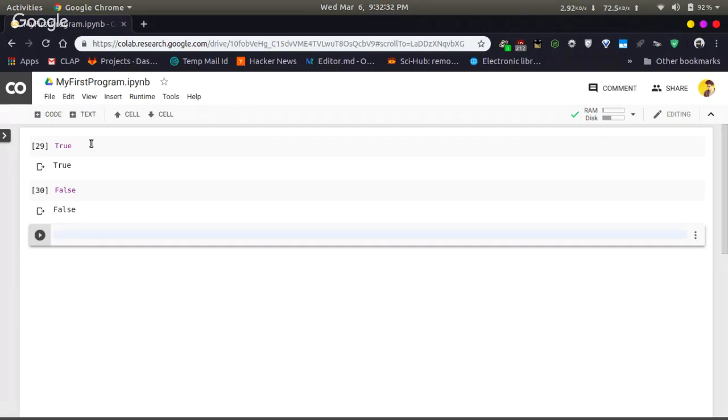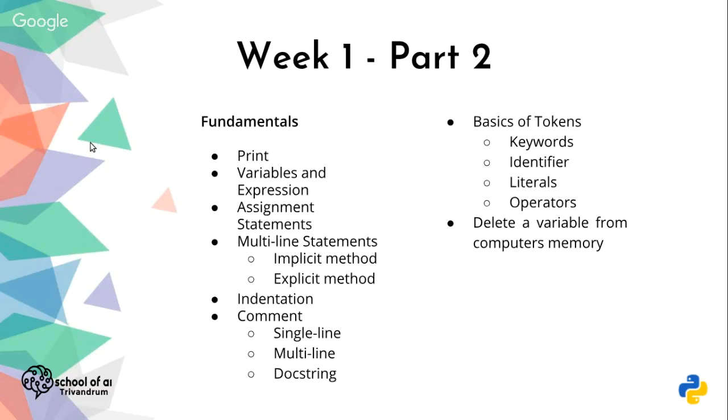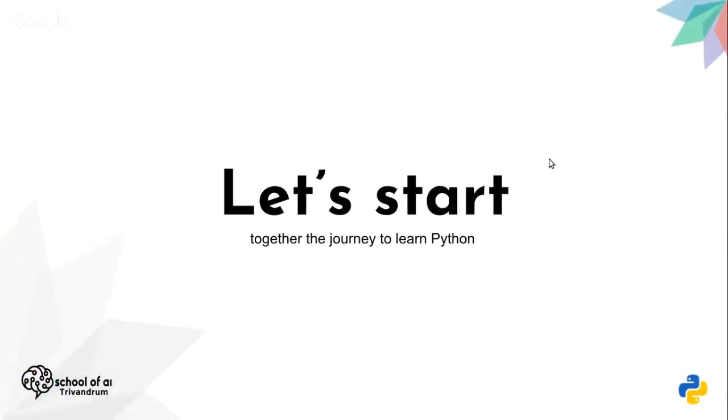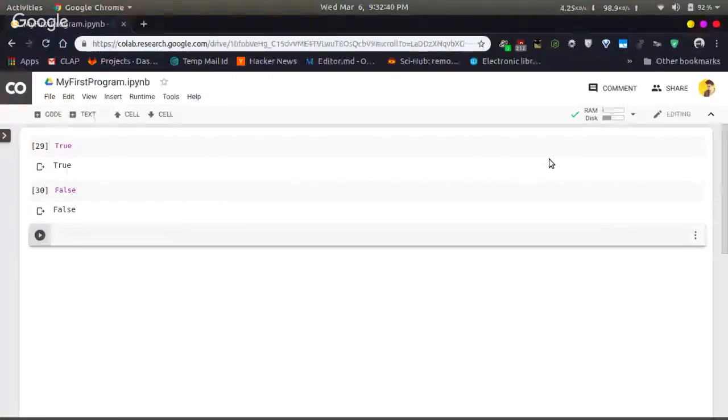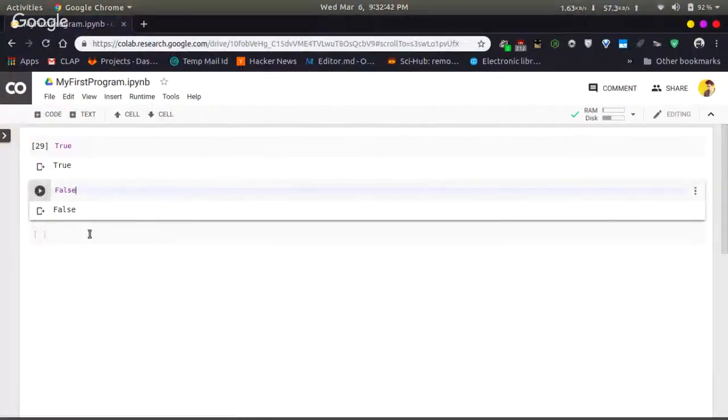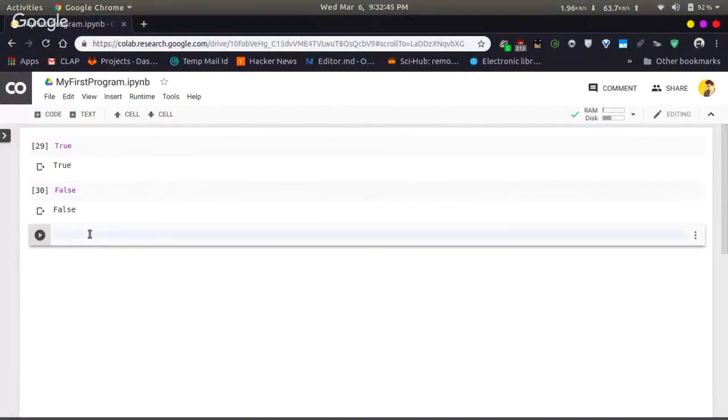So what is the next token? It is identifier. By an identifier, what it means is that it is just something that you can name in order to identify anything. It can be classes, functions, variables, whatever. The things that you name is called an identifier.